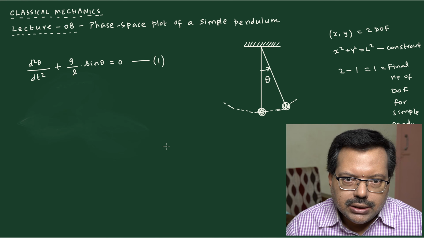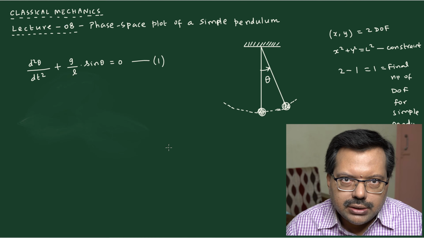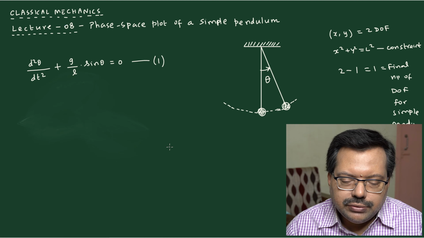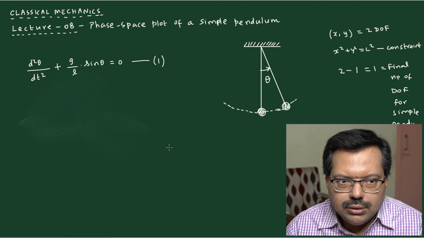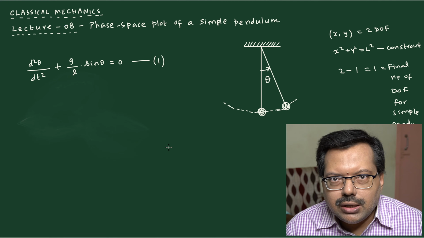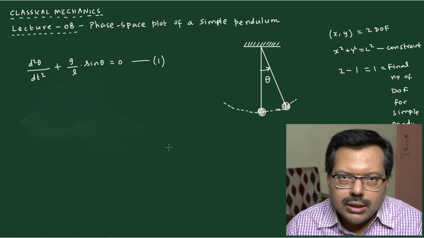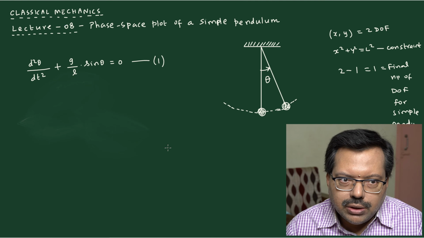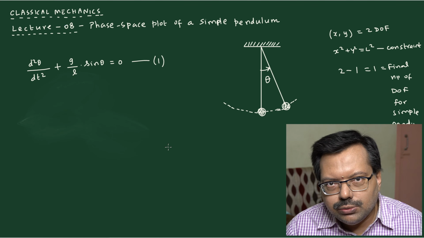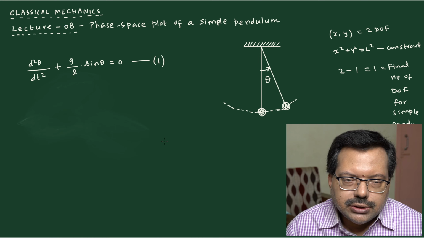The reason is the number of degrees of freedom. If you are going to consider a different problem where 2 degrees of freedom are there, then you must have 2 equations of motion, and so on. So if you are going to have 100 degrees of freedom, you will have 100 differential equations. Each one of them is a second order differential equation, and you will have to solve them all together. So that's the meaning of that. I would like to emphasize this point, why there is one equation for the case of the simple pendulum.